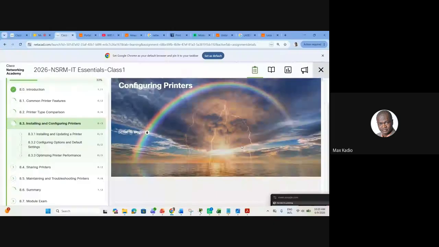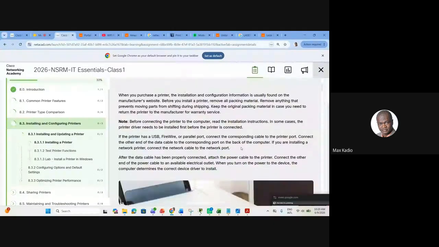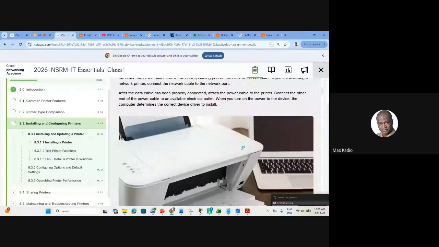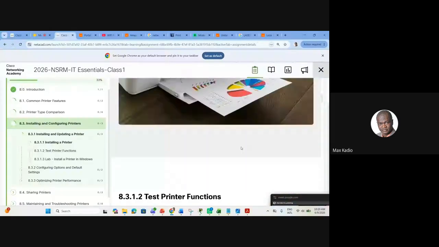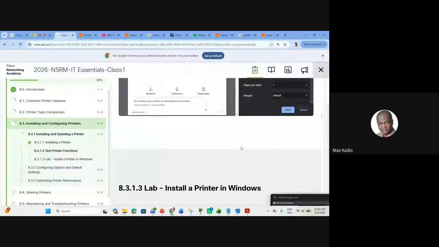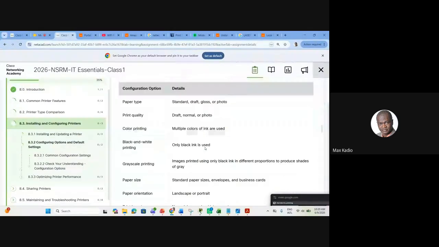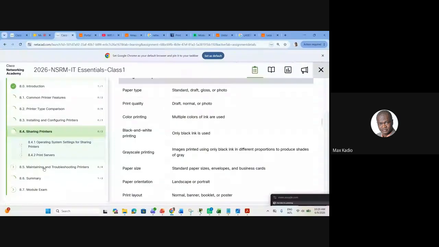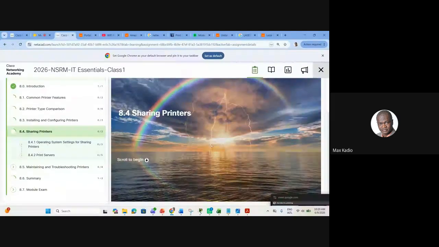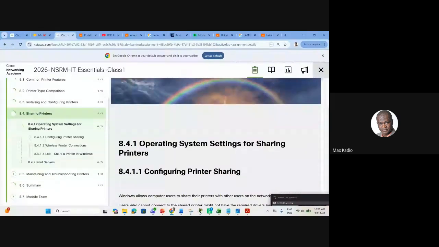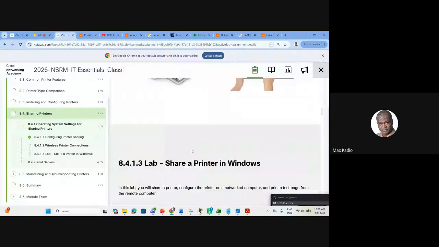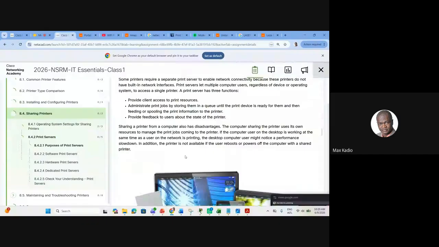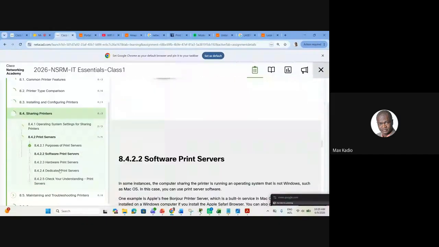It's straightforward. Sometimes it comes with a DVD. Then you click next, it prints. Or you can download from the manufacturer website and install. There is nothing special. I'll send you a video for that also. When you have a network printer, you can share it so that anyone can print. So this one also, I'll send you a video for that. Or we do a demo how to do that.